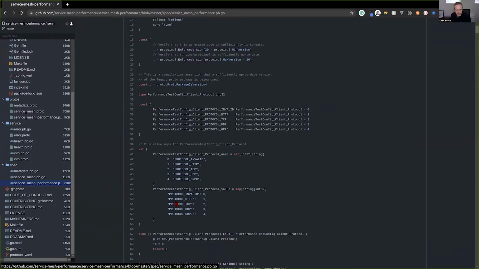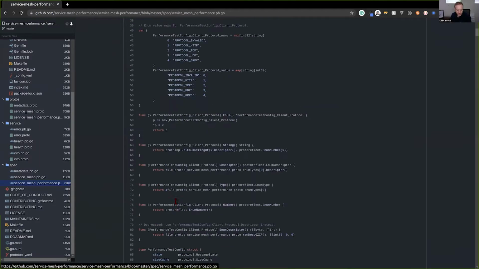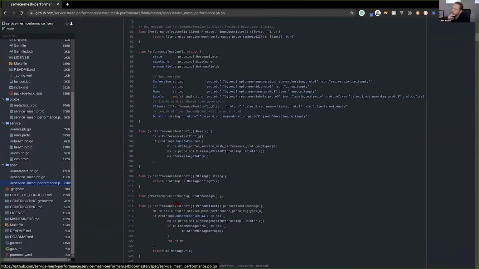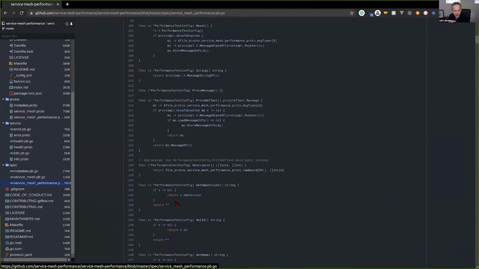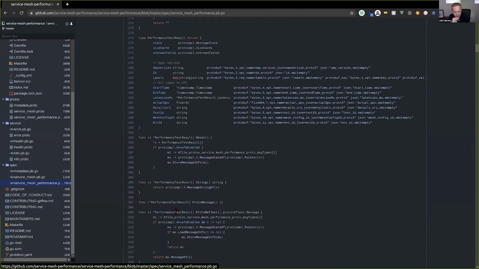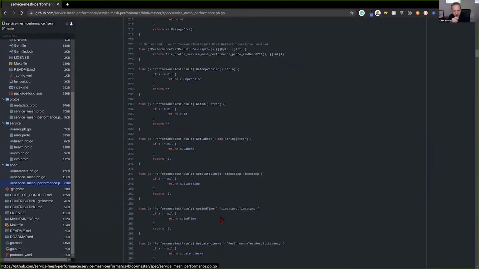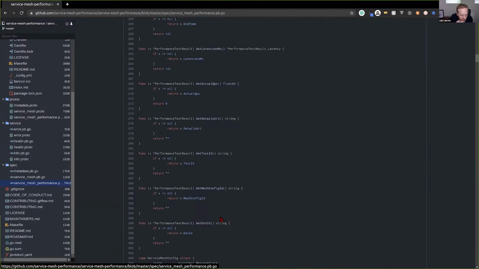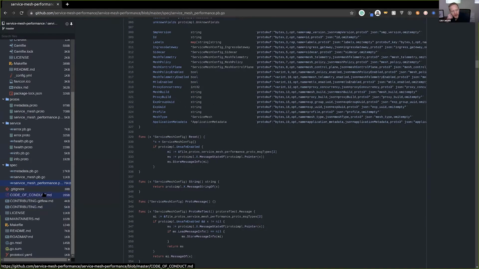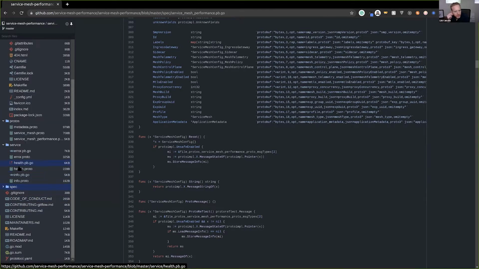This is why it's good that you are bringing it up, because unless you have someone point it out, it's probably not the most obvious or the most legible. But within here, at some point, we'll start to see things about CPUs and memory. Are we looking? No, I'm sorry, this is the wrong one. I pointed you wrong. It's under the protos folder, the service mesh performance proto. Yeah, there we go.